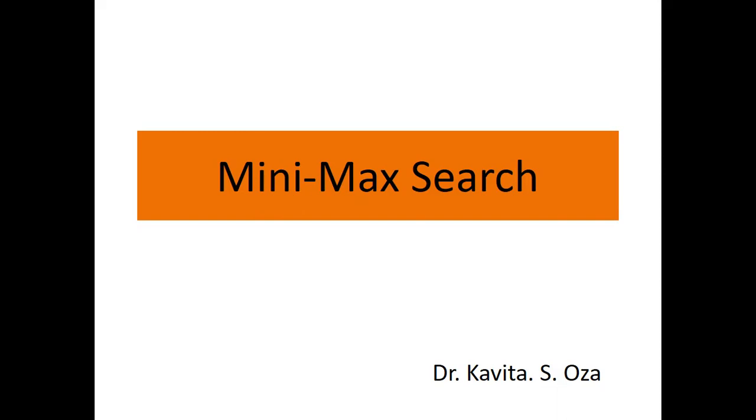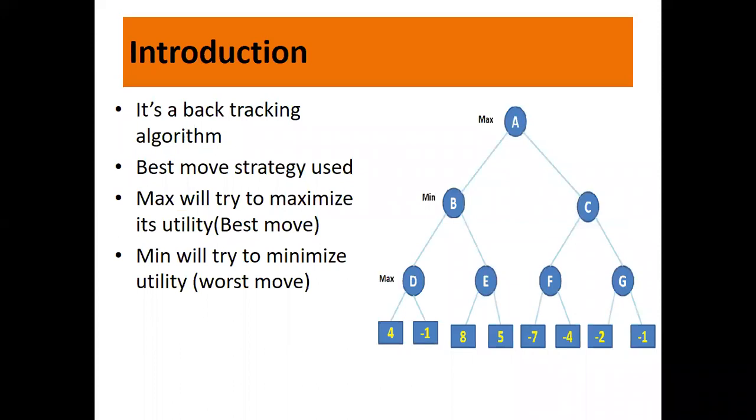It's a part of game playing, which you already studied in the introductory part in the previous session. Now, it's a backtracking algorithm, in fact a recursive backtracking algorithm. From the root level we go to the terminal and then propagate the values. We calculate values here, and we propagate the values back to the root. Once we come back here, it decides which move to take. So we propagate down, calculate the values, propagate those values back to the root, and then the move will be selected by A, whether it will take the move to A or it will take the move to B.